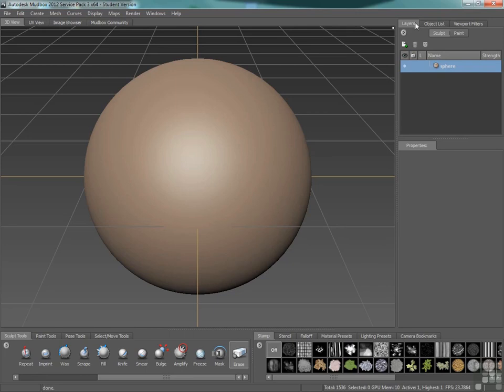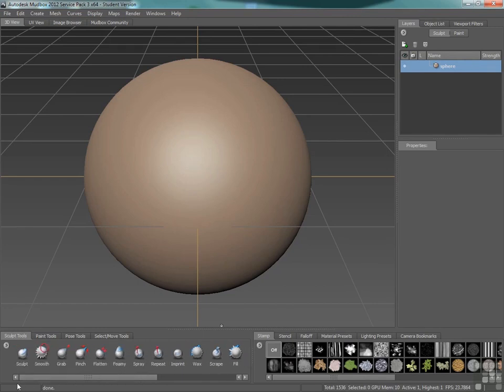So back to our layers, and now at the very bottom of my screen over here, I have my tools. So right here I see Sculpt Tools, and within the Sculpt Tools, there are a lot of different types of brushes. As I hover over, you can see it'll actually give me a flyout that gives me a little bit of an explanation of what's going to happen with that brush. So then I have Paint Tools,